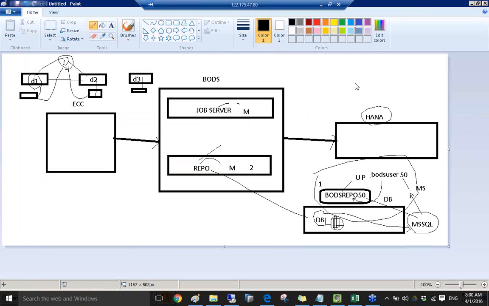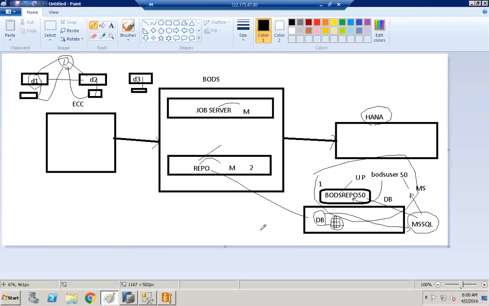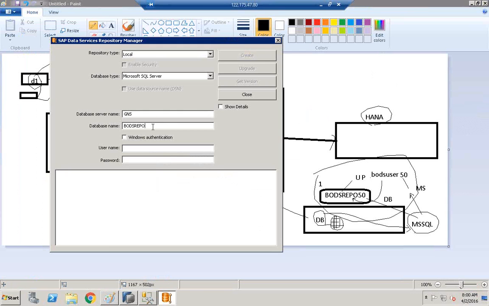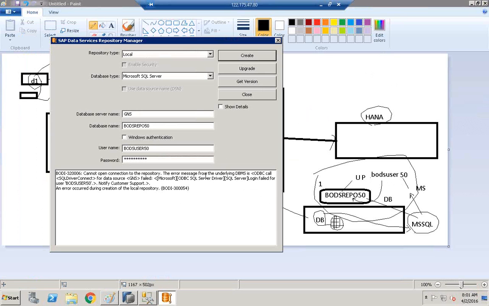BODS repo 50. Username BODS user. So all these are case sensitive. We need to be a little careful here. Whatever case I'm creating this in, we need to specify the same case, and then finally give the password and click create. Once you click create, it says there is an error occurred during the creation of local